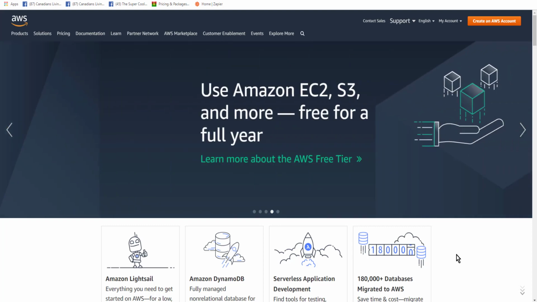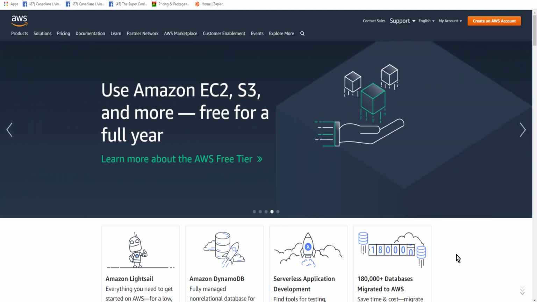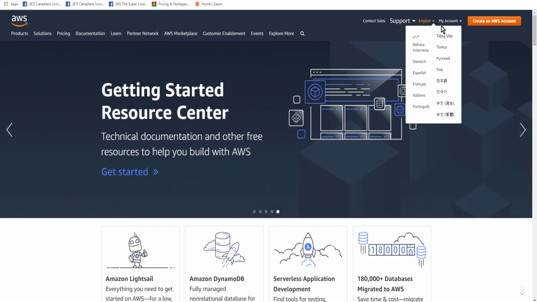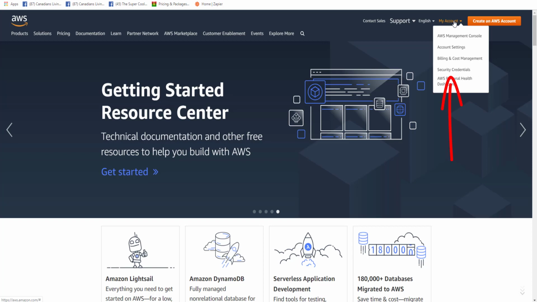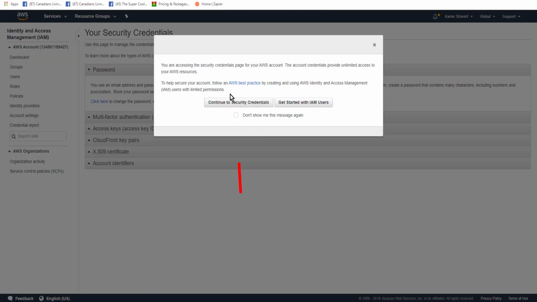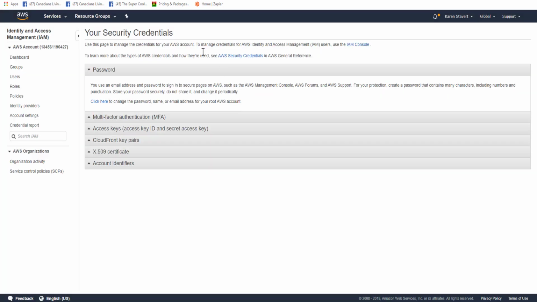This tutorial is to show you how to set up your Amazon API key for Voice Factory using an established Amazon account. So you come over to My Account, Security Credentials. Of course, you have to log in. Okay, and we'll just click on Continue to Security Credentials and come over to the left-hand side and click on